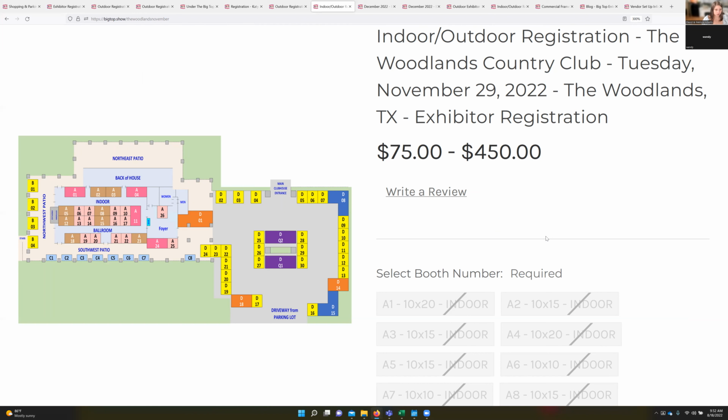I will say they're not true 10 by 10s. I want to say they're like 9 by 9s or 8 by 9s or something like that. It's just how we can configure the room to stay legal with having aisles and also giving you the most space available. So if you see here at the bottom, it says driveway,